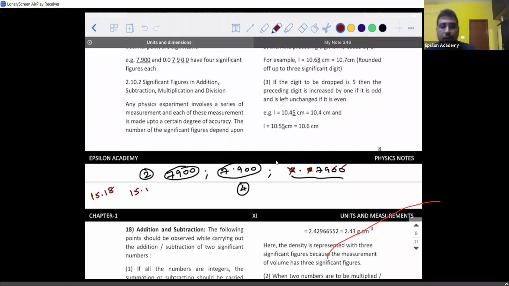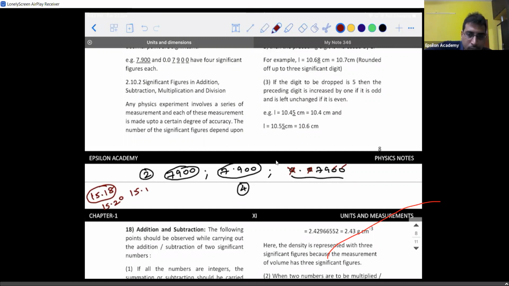So let's keep the digits aside and talk about decimal values. In the first one, you are able to report your answer till 2 decimal points, whereas in the second one, you're able to report it only till 1 decimal point. Whatever could be the reason, it could be the measuring instrument, or you don't know how to do it. But if one of the readings is 5.18, and I'm getting the next reading with the perfect instrument as 5.2, will I write it as 5.2 and leave, or will I write it as 5.20?